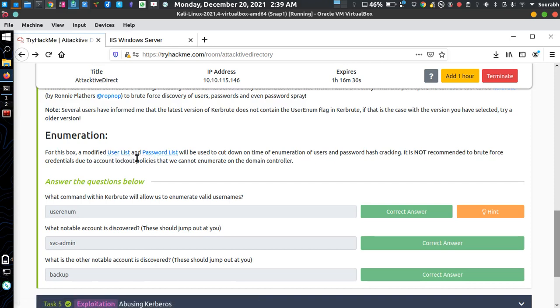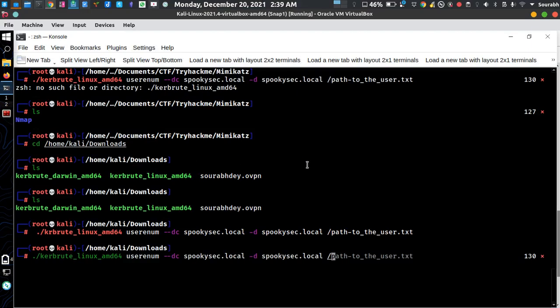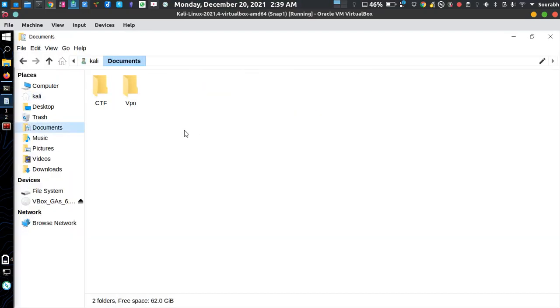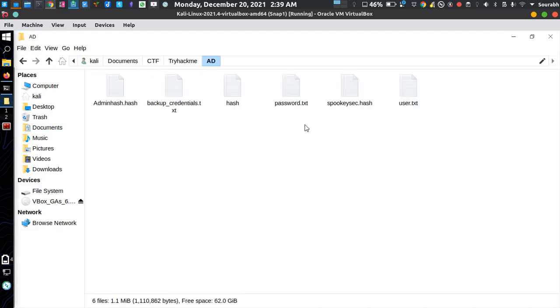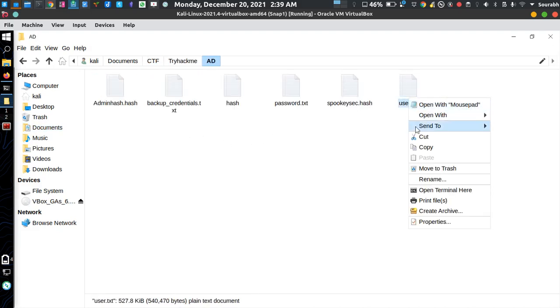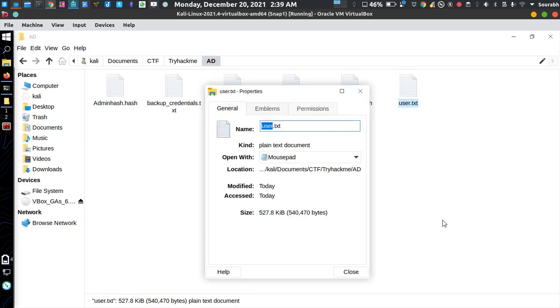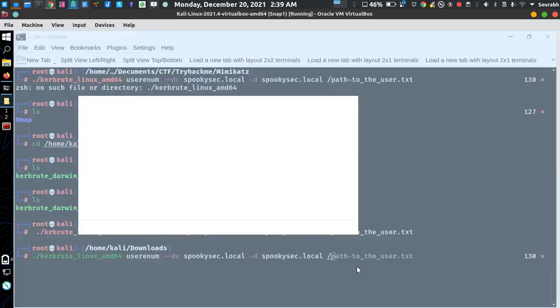I actually downloaded the user list. So I go to that particular folder and find where it is located. It is here, so copy the location. Where is the Kali document? CTF, TryHackMe, Active Directory.